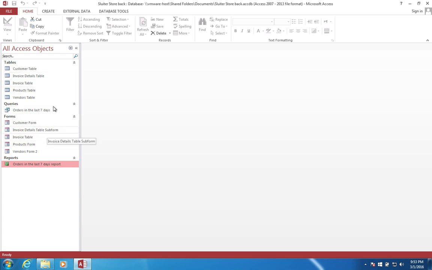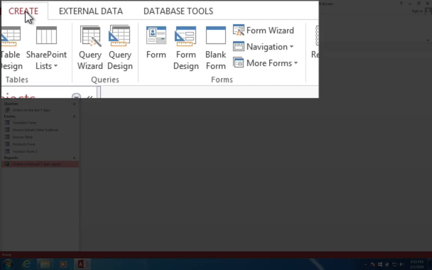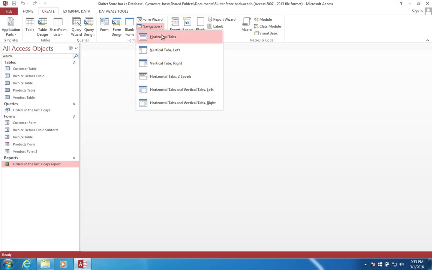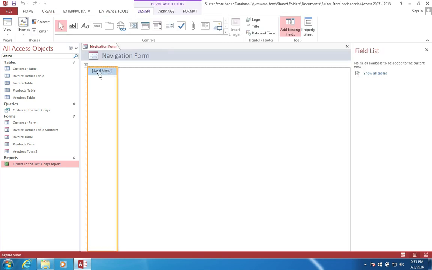They're going to be easily available to us. This is pretty simple. We're going to create something called a navigation form. So let's click here on Navigation. And we have different kinds of forms, so you can pick any one of these. I'm going to choose the vertical tabs left. And so I'll have like an index over here, and then the forms and reports will show up in this